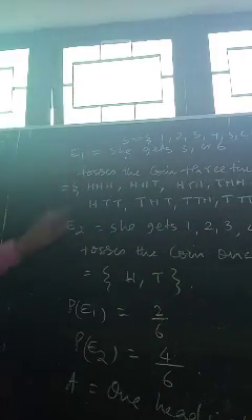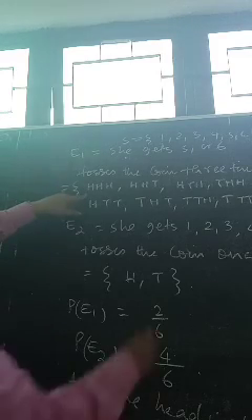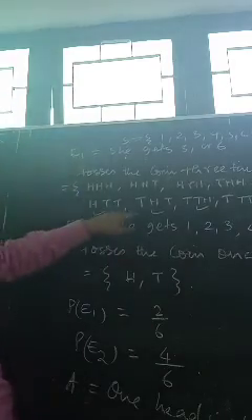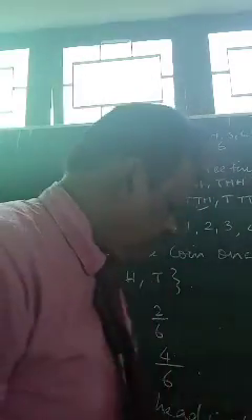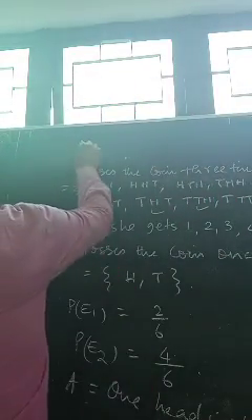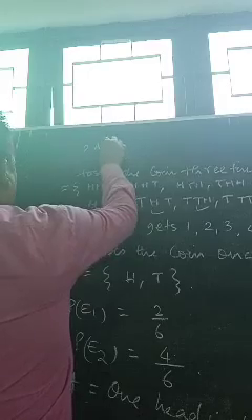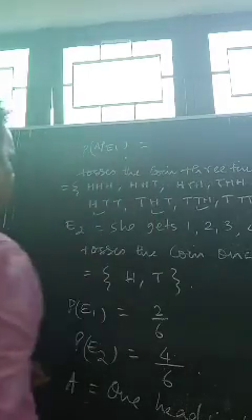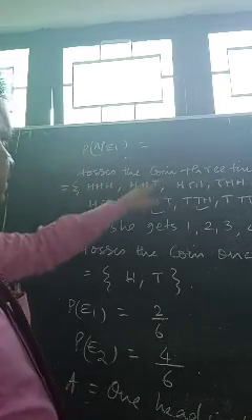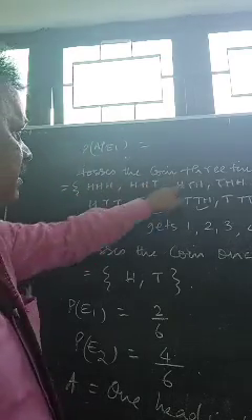One head is obtained from here. Look at here. One head is obtained means these are the 3 events in which 1 head is obtained. So what are you going to write here? What is probability A of E1? One head obtained from your first case, that is 3 upon 8.